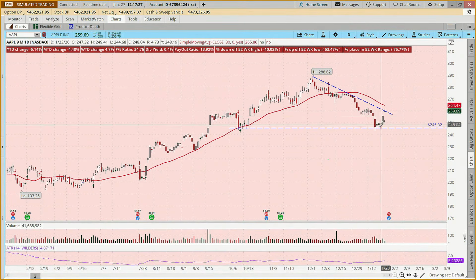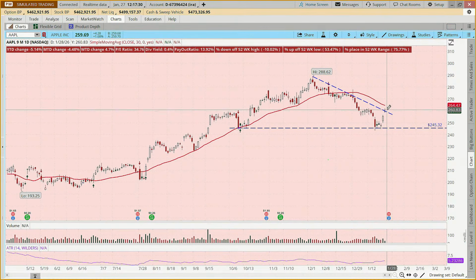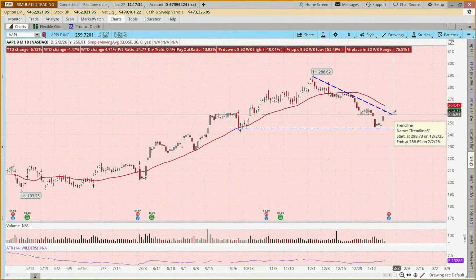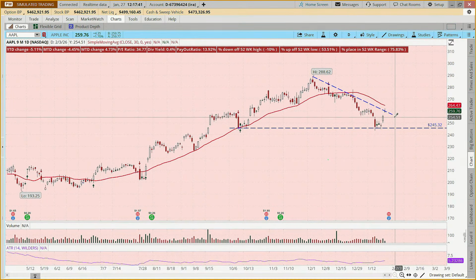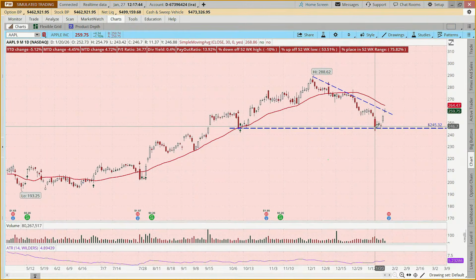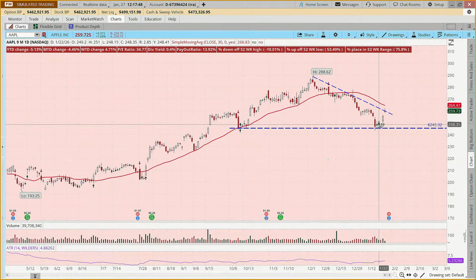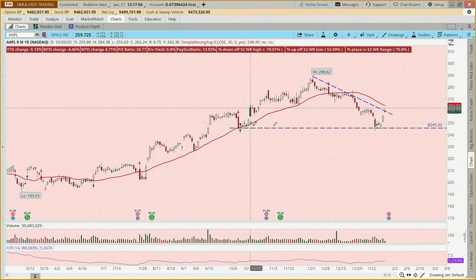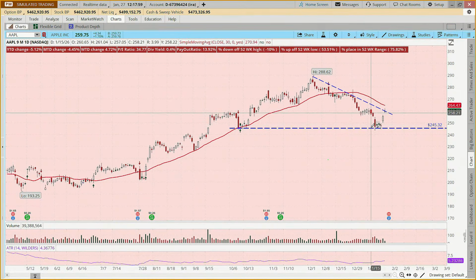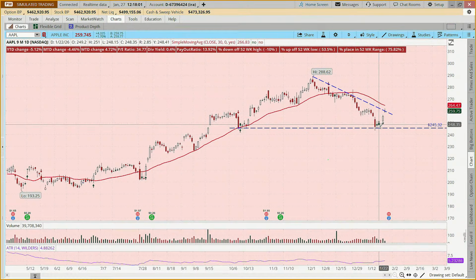And some might say, well, I'd like to see it break above this resistance line and then maybe come back and retest to have confidence that it's a true breakout and not a fake out. So this would be considered a diagonal resistance line. And it came all the way down to here. And if you're saying that looks like it's in the middle of nowhere, it does, but it's actually here. We had a support level back in October, and it came right back down to that support level around the 245 mark.